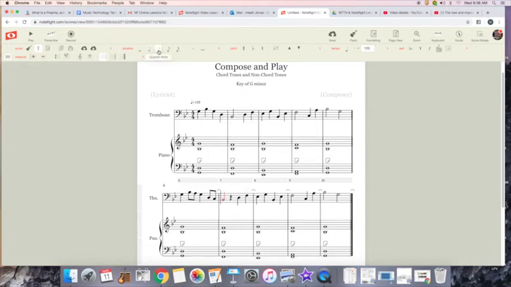So here, I think I'll change that to a quarter note, add a C, and then to an eighth note. But maybe instead of just filling in the gap, I might try to jump up here to this note G,